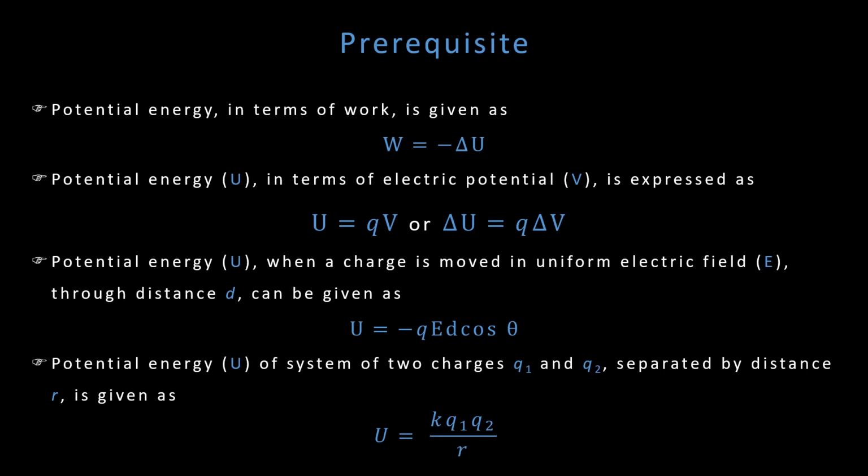So I assume that you are clear with the basic concepts of potential energy and work done, and with that assumption, let us move further. So consider two charges q1 and q2 separated by distance r, and we know that for this case the potential energy, if we label it as U12, can be given as U12 is equal to k q1 q2 by r. Here suffix 12 is only indicating that you are talking about two charges q1 and q2, because next we are going to talk about a system with more than two charges.